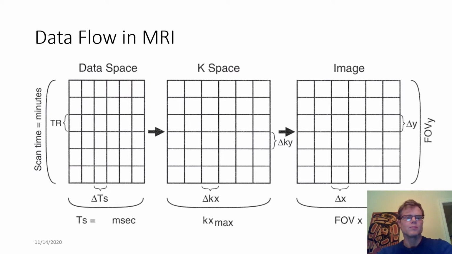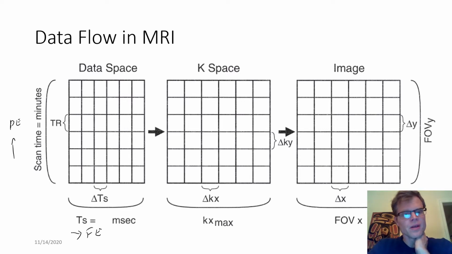So it's shown on the horizontal axis, it's the sampling interval and the sampling time. This is on the order of milliseconds. This is our frequency encoding. And on the vertical axis, this is our phase encoding, where we're incrementing TR to TR, filling up our data